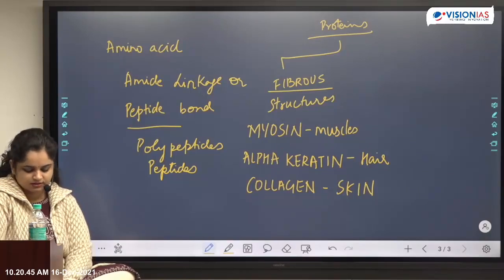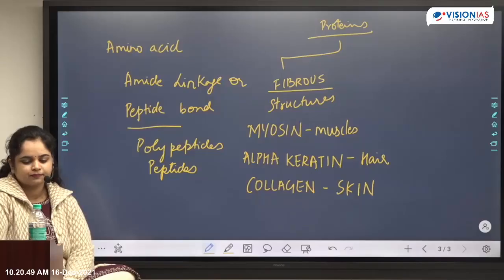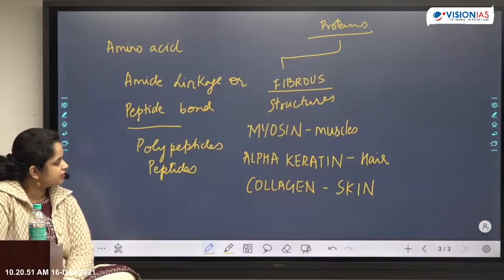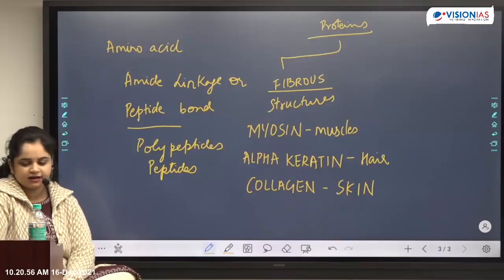They form the structure of different parts of the body. And then you write down these examples. Myosin, which makes up your muscles, alpha keratin, hair,